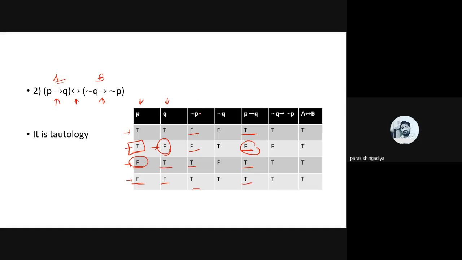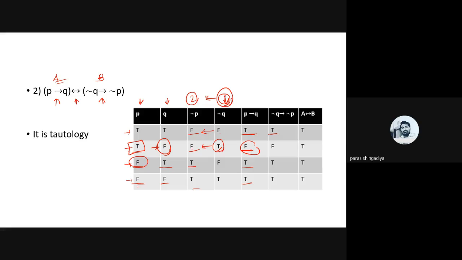And now we require the second bracket, that is B: negation Q conditional negation P. Okay, negation Q is our first statement, the first priority here. Okay, and we apply this value to the negation P output. So negation Q conditional negation P: first it is F to F. Okay, the first statement is false, the second is false, so F to F case will become T. Okay, and then the T to F case: first negation Q is T here, and we apply this value to negation P, that is F here.